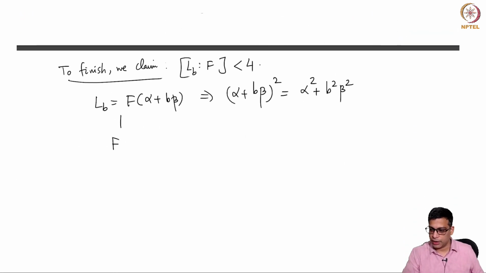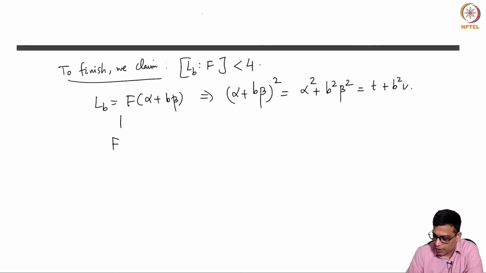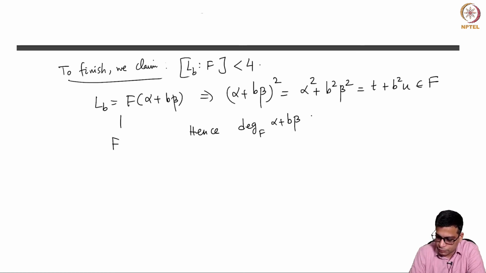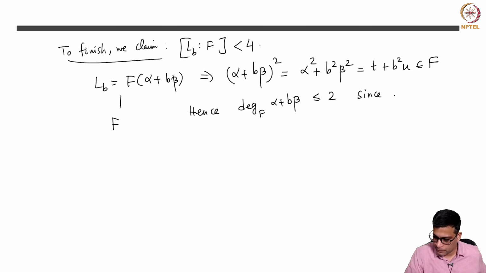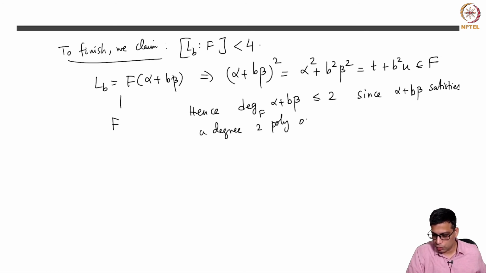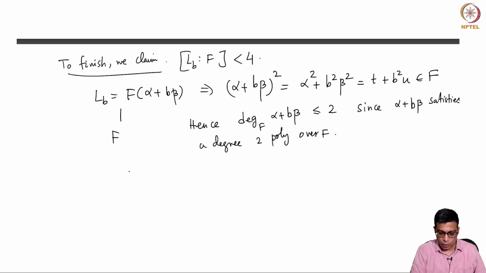So now let's come back here. So what we have is (alpha plus b beta) whole square is this, but alpha square is t, beta square is u, so you have t plus b square u, and this of course is in F. So hence degree over F of alpha plus b beta is less than or equal to 2 because alpha plus b beta satisfies a degree 2 polynomial over F. So this concludes the proof that,